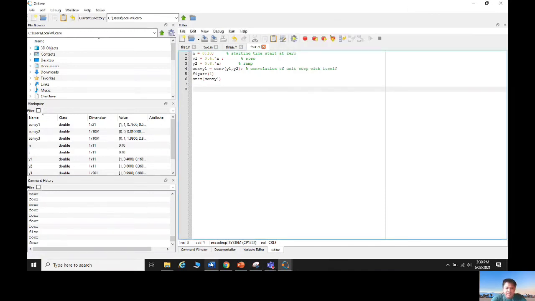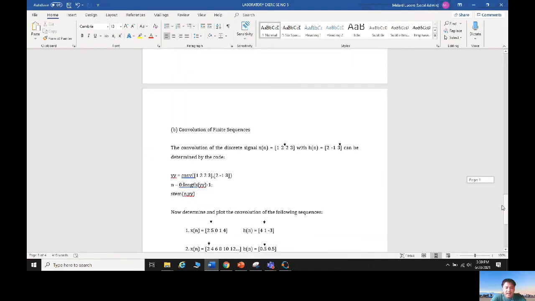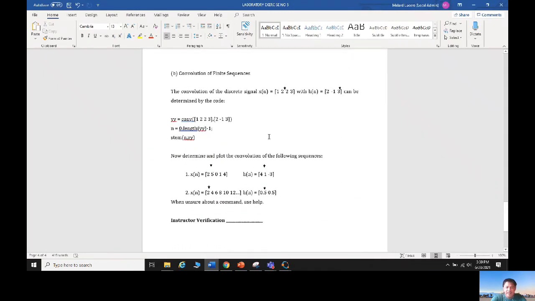Okay, so we can go with the second part of our item number 2. So this is the convolution of finite sequence. So we have here the convolution of discrete signals. x of n is equal to a series of numbers. So we have here 1, 2, 2, 3 with h of n is equal to 2, negative 1, 3. So this series